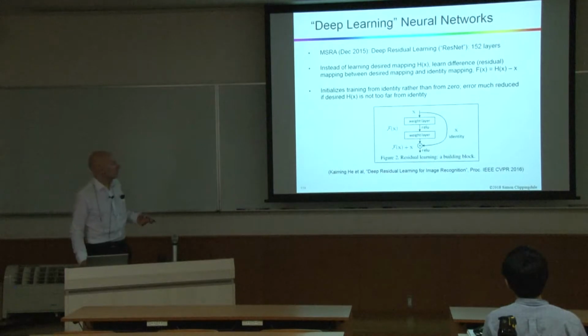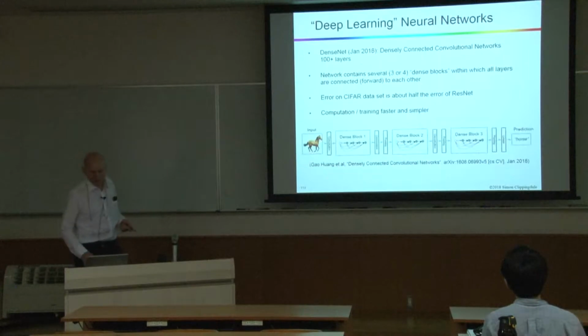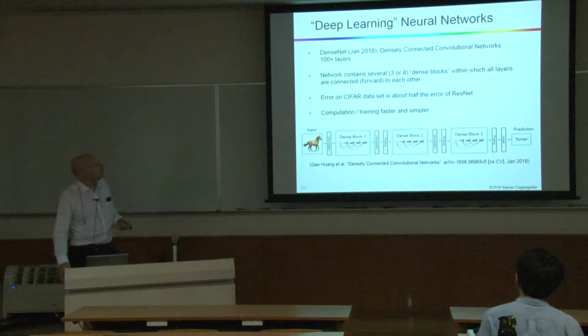Okay, so that was these guys. This guy was at Microsoft Research. Is now at Facebook. Facebook seem to be doing the big noise work these days. The most recent of these family of networks is a so-called DenseNet, or densely connected convolutional network, from January